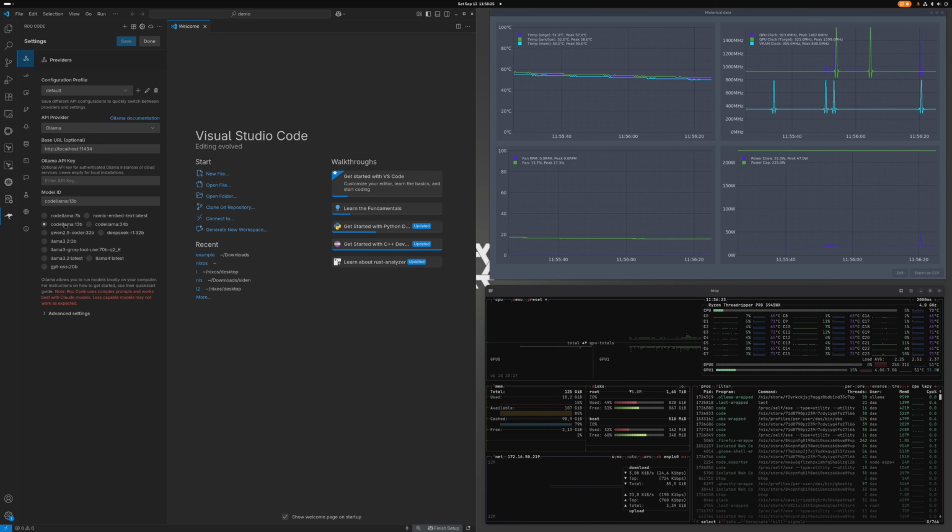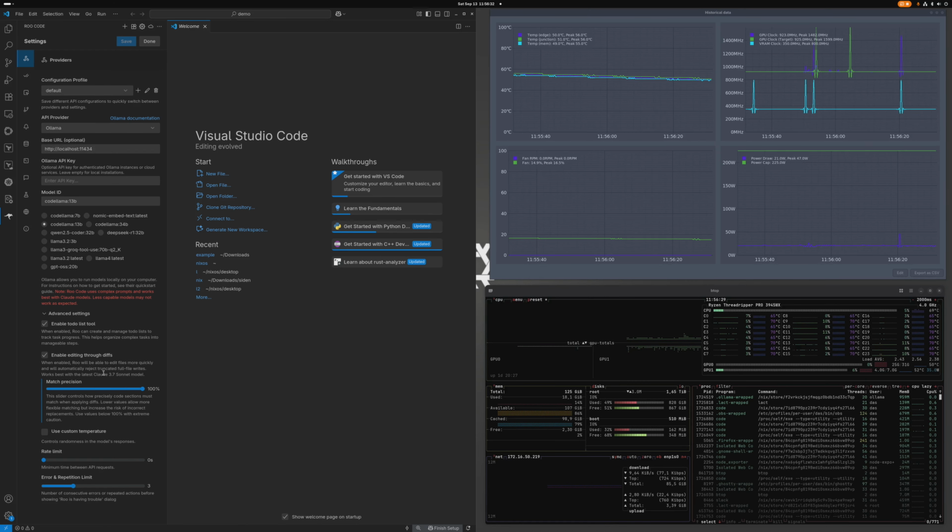So let's select 13b, and I think there are a lot more settings for Roo Code, but you can see down here, right? There's all these settings. There are some videos online that you can find about those. I haven't played with any of them,